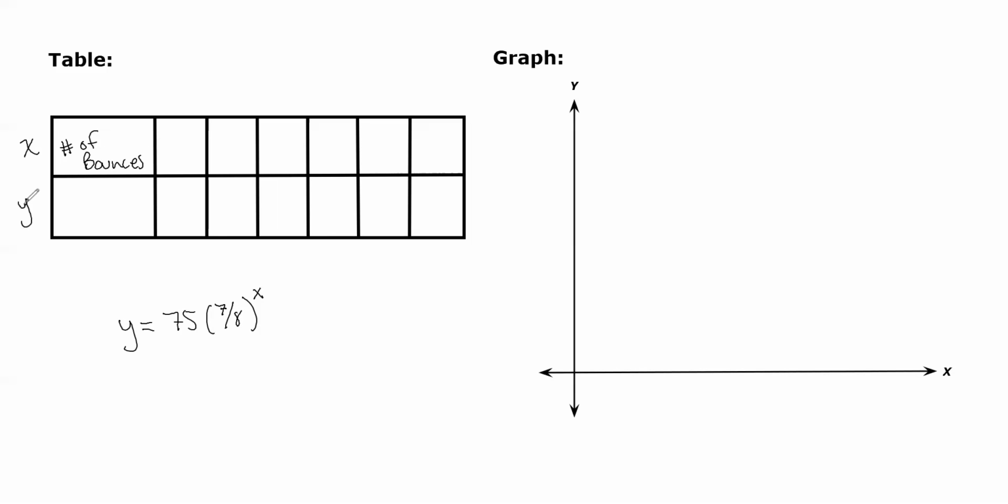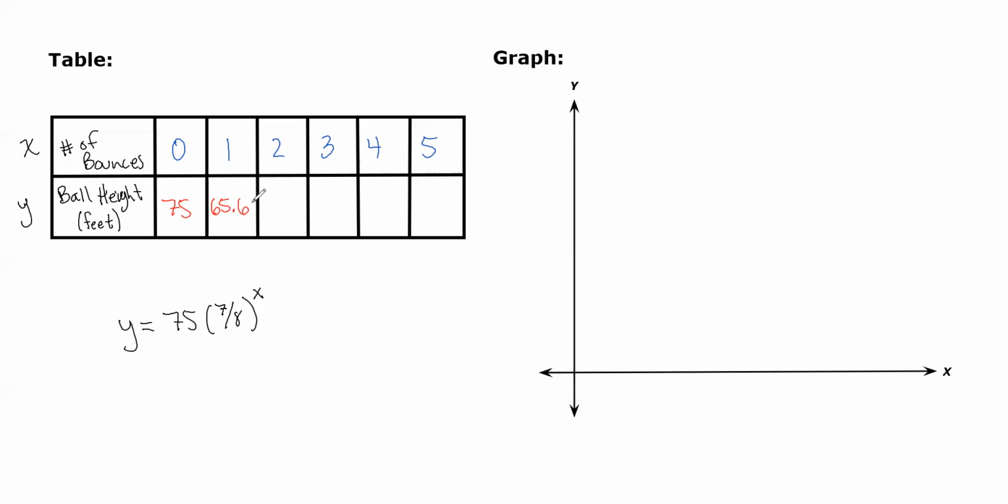Our y values will be the ball height, and this will be in feet. So we'll have, starting with 0 bounces, 1, 2, 3, 4, and 5. When we have no bounces, the ball hasn't been dropped yet, we are sitting at a height of 75 feet. After one bounce and multiplying by 7/8 one time, we're at a height of